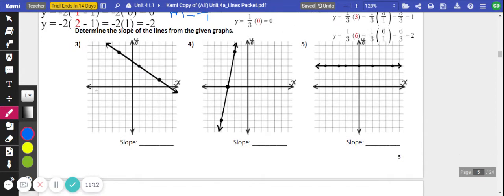So on 3 through 5, we're going to create our slope triangles. They already did all of the hard work for us, graphing the lines. So I'm just going to create my slope triangle. And I can go either above or below the line, it does not matter. Here I chose to go up and to the left. So up is going to be 2, and left is going to be -3. And I get